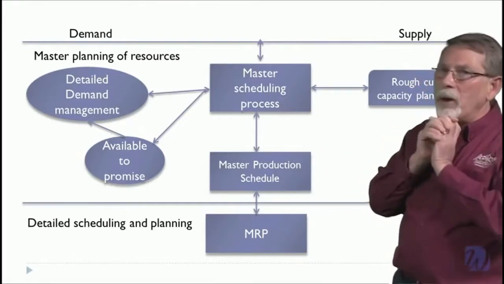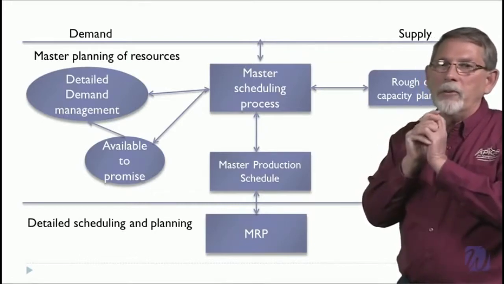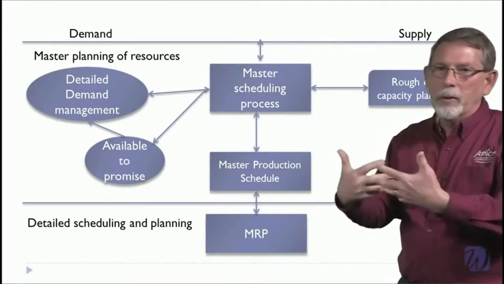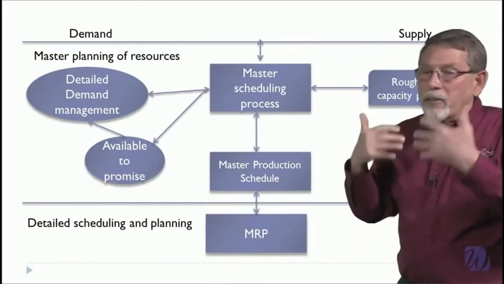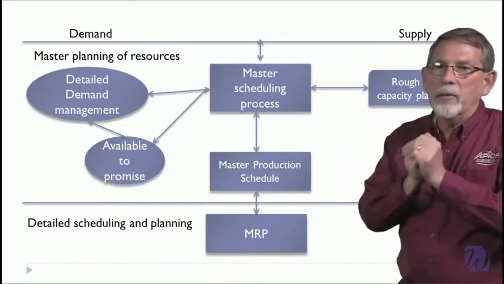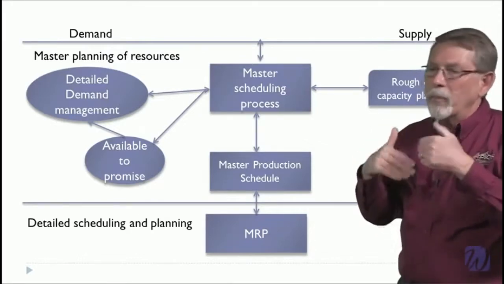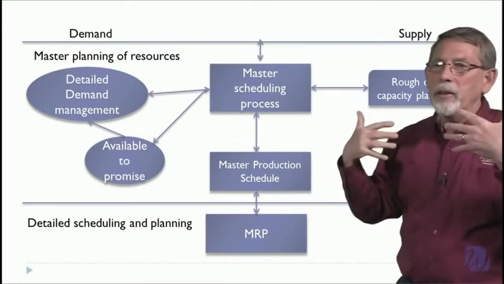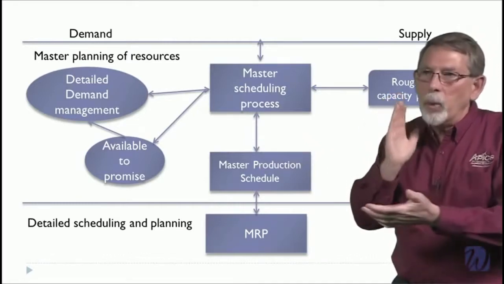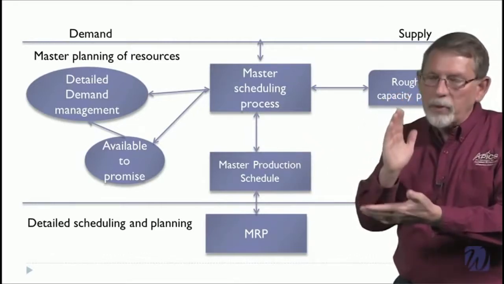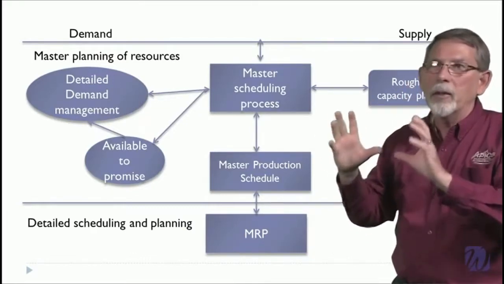Now, you mentioned available to promise. The production plan and master scheduling are really an operations controlled tool in order to plan exactly what to produce and when to produce it. Sales, though, still has a significant role in the master scheduling and what we call available to promise. And there's techniques to do that. We won't get into that, but basically it will say at any particular point in time throughout the planning horizon, we promise to produce, they promise to sell, such that we will have X amount of units